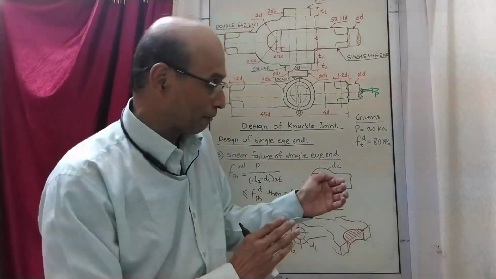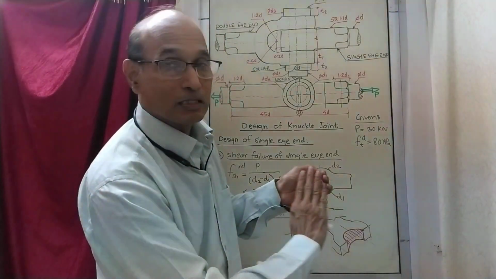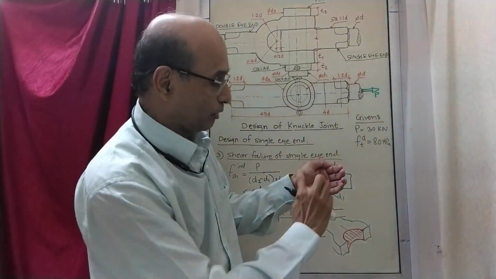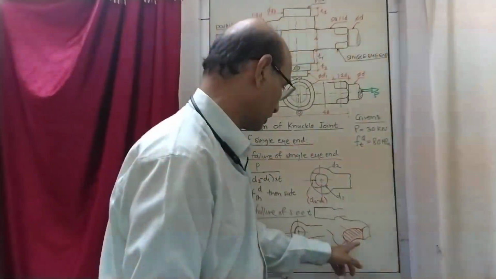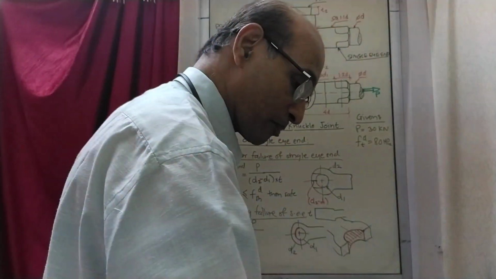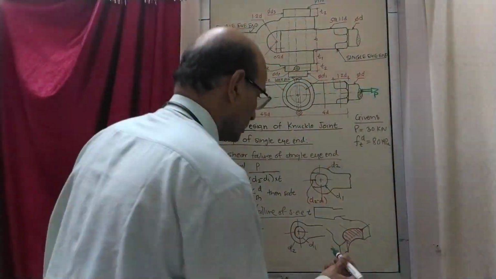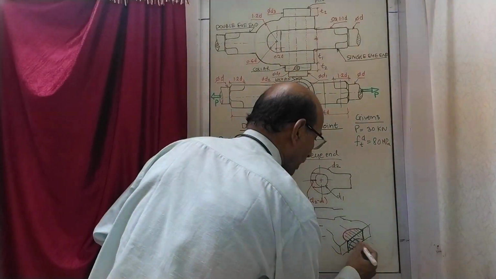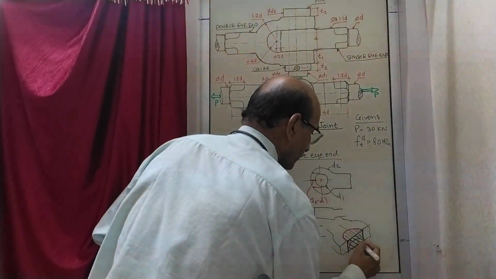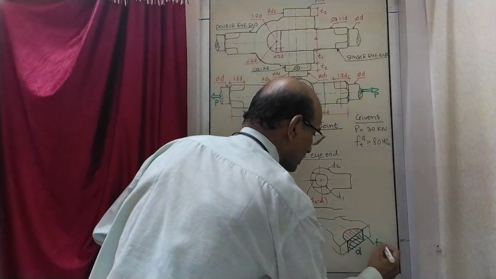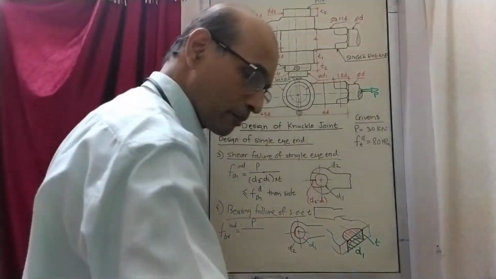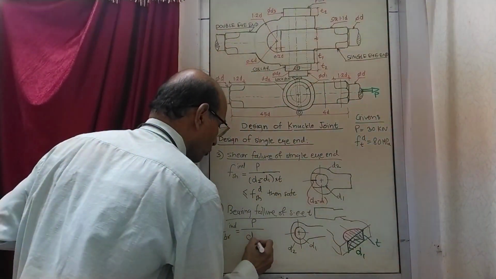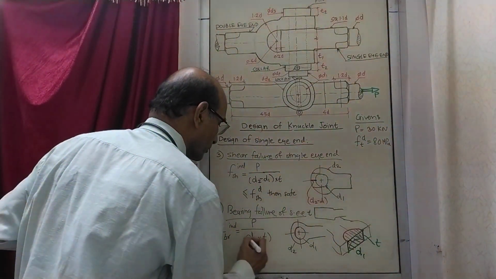But what we take is the front view of this curved area, which is the projected area, which is diameter into thickness. So for us this area is just diameter into thickness. So what we are going to take is this part, where one side is the diameter and the other side is the thickness. Diameter is d1. So we write here, projected area is d1 into t.